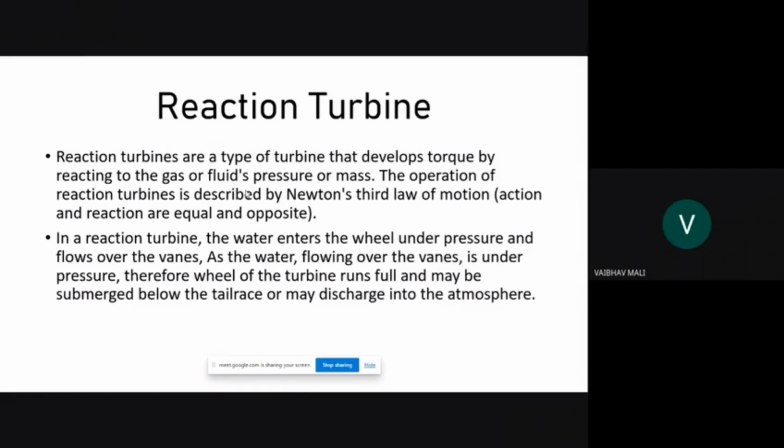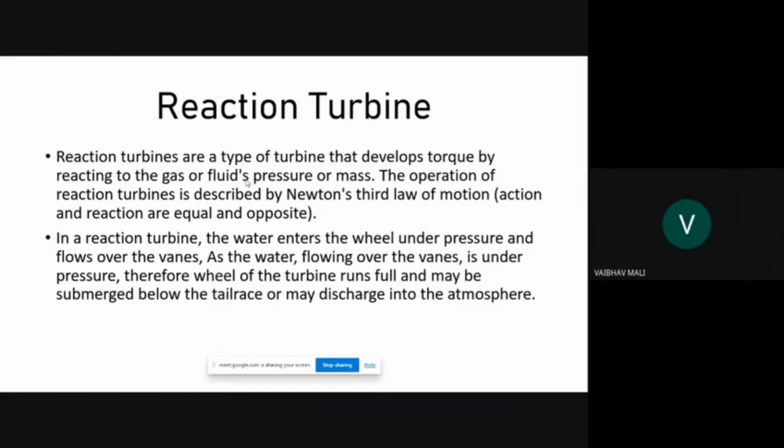Since the water flows under a pressure above atmospheric over the runner, it is necessary that the runner must run full of water. The water from the runner is discharged into the tail race through a closed tube of gradually increasing cross-sectional area, called a draft tube. Also, the cross-section of flow through the passage of the runner must gradually increase to accommodate the change in static pressure of water. Reaction turbines are suitable for low and medium heads ranging from 30 meters to 250 meters of head. Some of the important reaction turbines are Francis, Kaplan and propeller turbines.